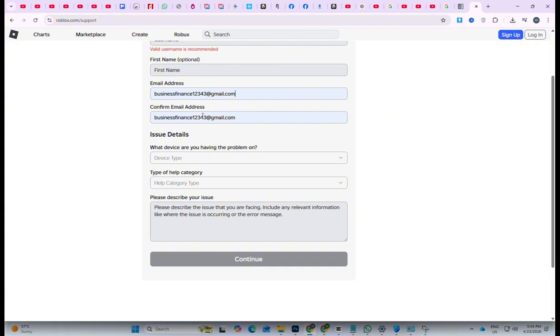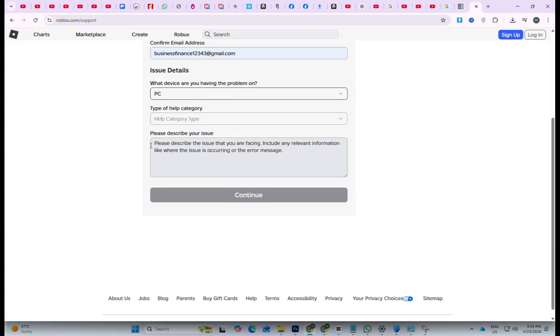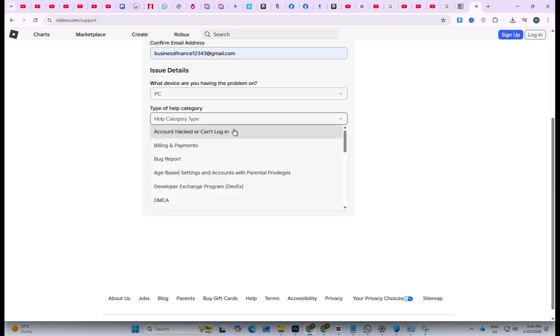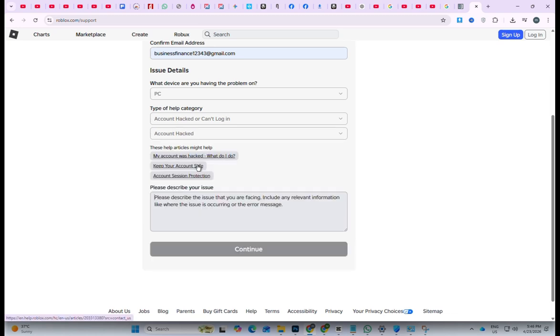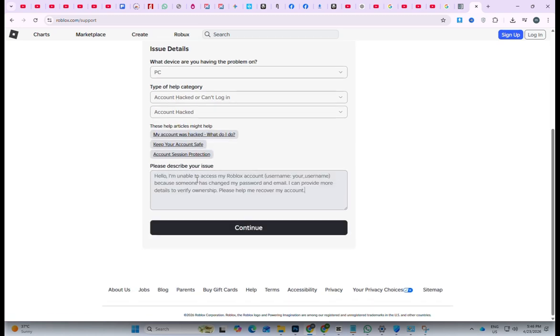Scroll down to issue details. Select your device, for example computer. Then choose account hacked or can't log in. Select account hacked. Now in the description, type a message like, "Hello, I'm unable to access my Roblox account, enter